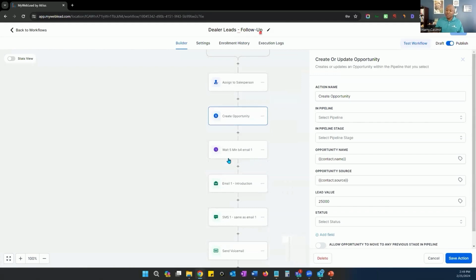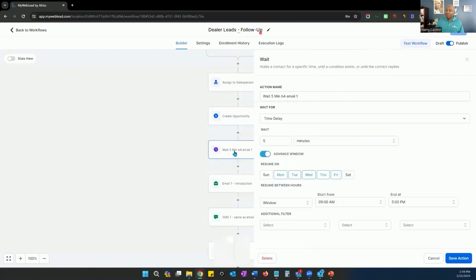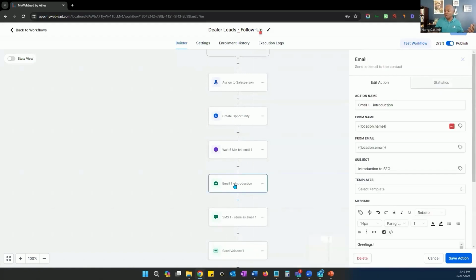And then what you want to do is wait for 4 minutes before the first email. Inside the first email, I want that email to go out just to say hello, introduce yourself. So this email can be fully automated. For example, if Jen sends an email from your website, we automatically assign it to Smitty and it gets inside the opportunity, we wait for 4 minutes, and that email goes out back to Jen. Now, the first email shows it's coming from Smitty,